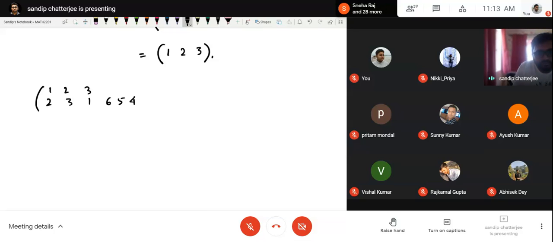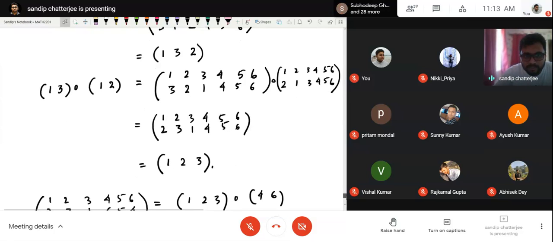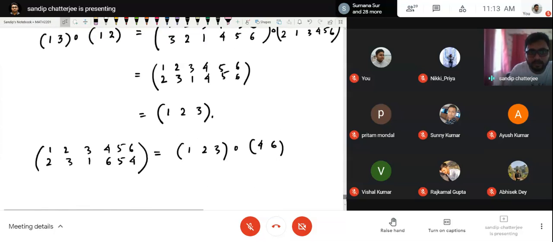1 2 3 4 5 6. So this is actually equal to (1 2 3) composed with (4 6), and we have seen that this (1 2 3) can again be written as a product, equal to (1 3) composition (1 2) composition (4 6). That means you can understand that